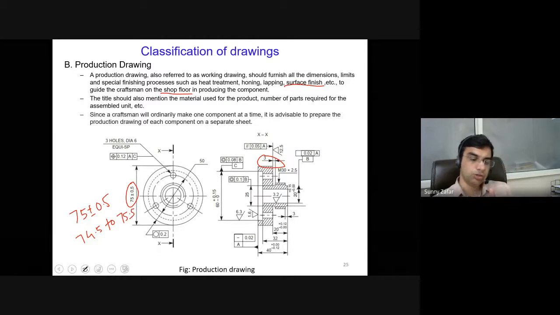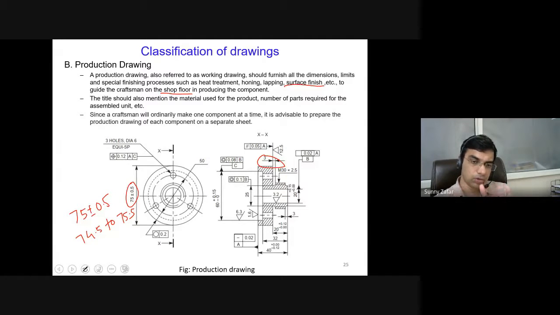Okay, so these tolerances have to be also provided on the production drawing of the machine component. So now you understand the difference between a machine drawing and a production drawing. A machine drawing typically has only the dimensions, but the production drawing, in addition to the dimensions, will also have details of surface roughness, tolerances, limits, fits, and those types of details. So this is a more detailed version which helps the person on the shop floor to look at the drawing and then produce the actual part using a suitable manufacturing process.